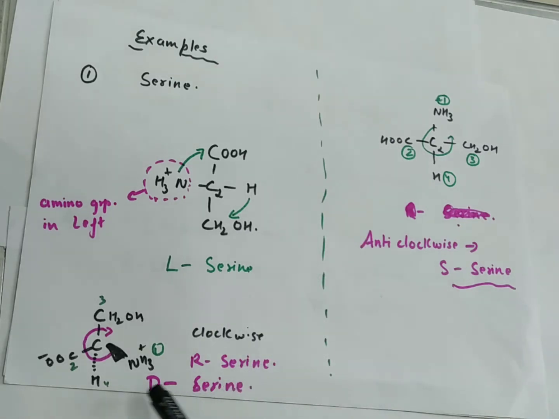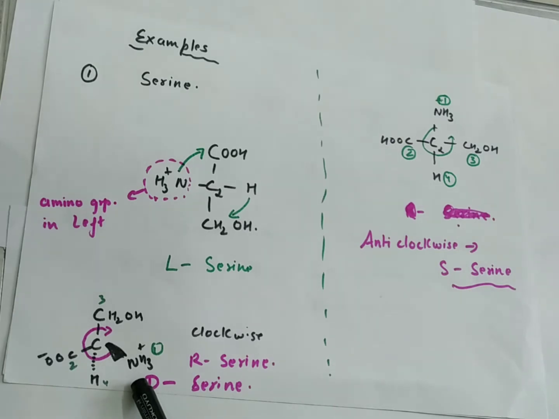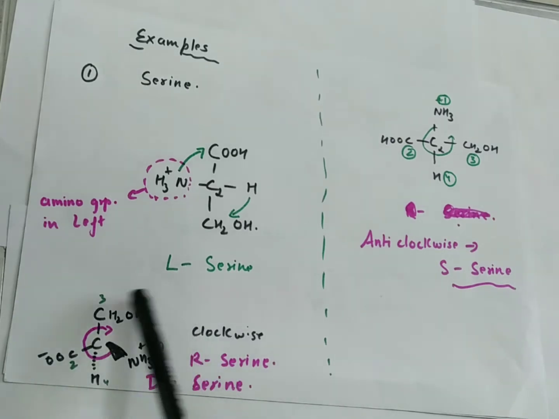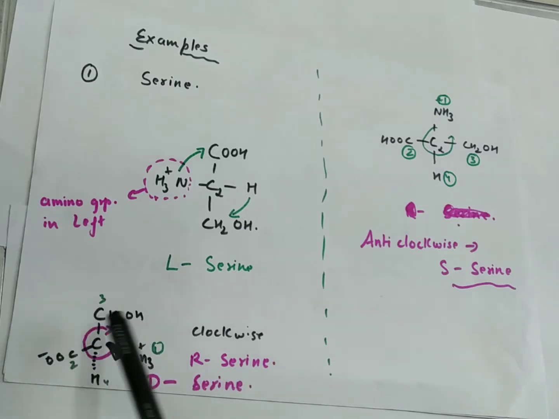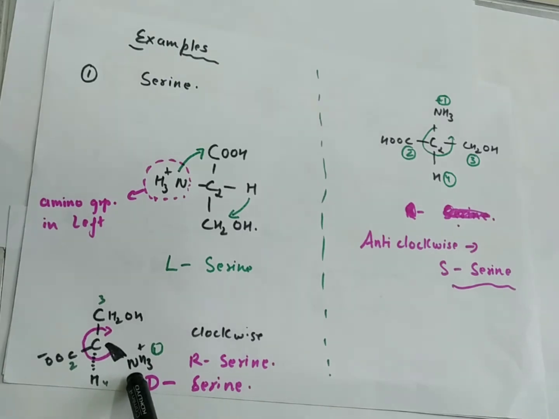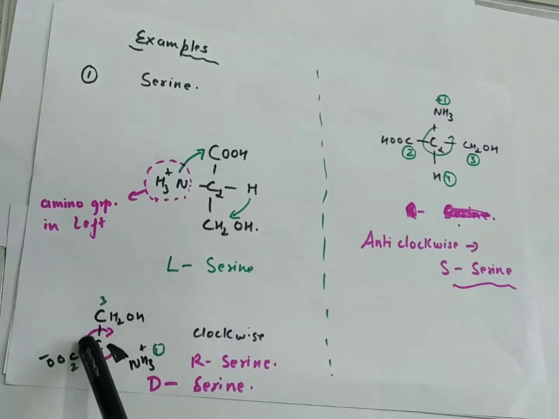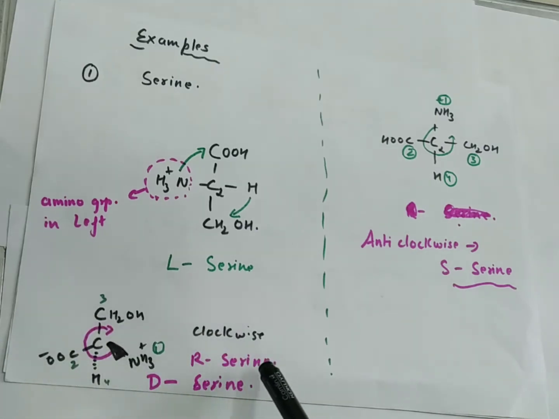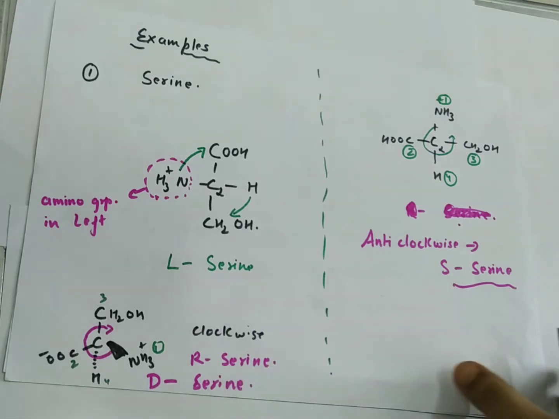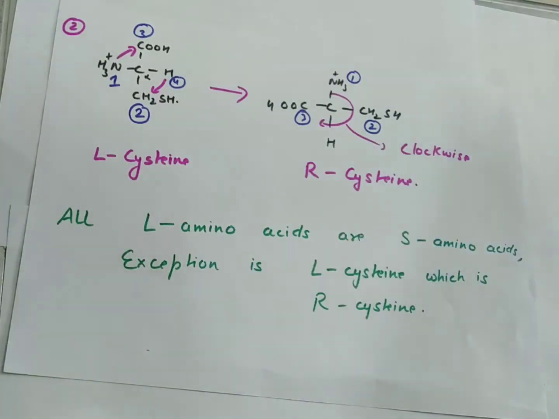Okay. If the molecule was written in the wedge shape, see, if this is D-serine written in the wedge, this is D, right? Because the amino group is on the right hand side, so it is D, written in the wedge form. Then we move this way, so this becomes the clockwise direction. When it becomes the clockwise direction, this is R-serine. Okay, now take one more example.